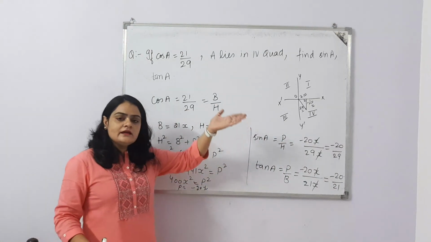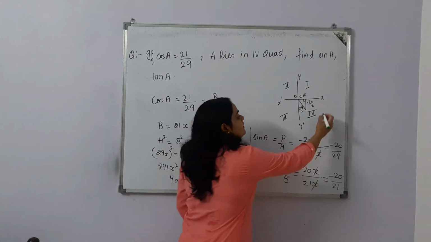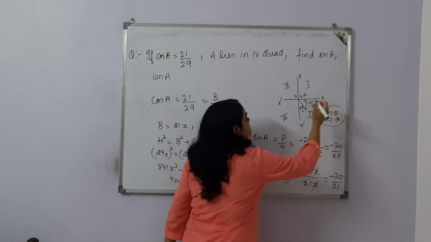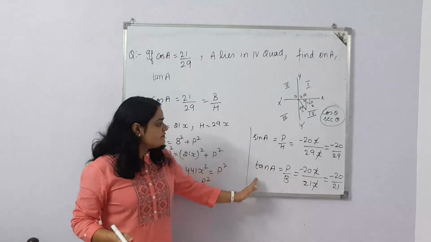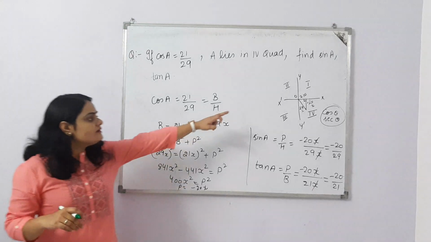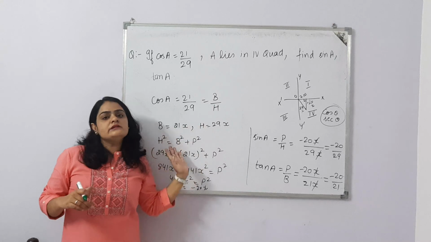So again, with that rhyme, add sugar to coffee, here cos and secant are positive. Cos theta and secant theta are positive. Of course we are getting the negative values of sin and tan. So we did this question with the fundamental triangle. So we can do this question even without that fundamental triangle.